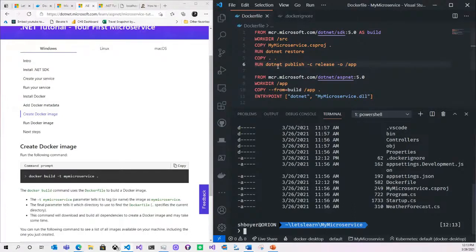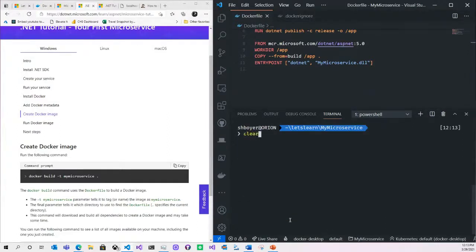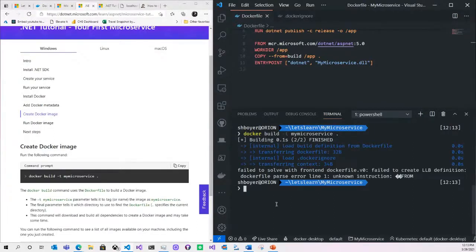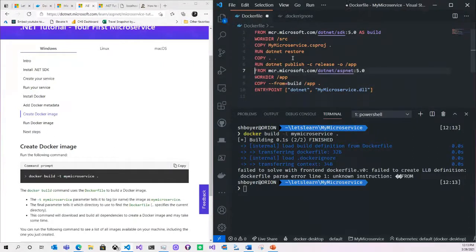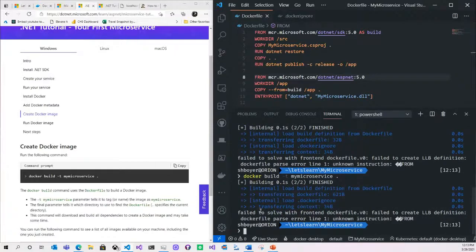Our Dockerfile. Yeah, we have save all. Really weird. Build definition. Yeah, we've got some Unicode characters here somewhere. We have some suggestions. Try reformatting the file. Yeah, this is a